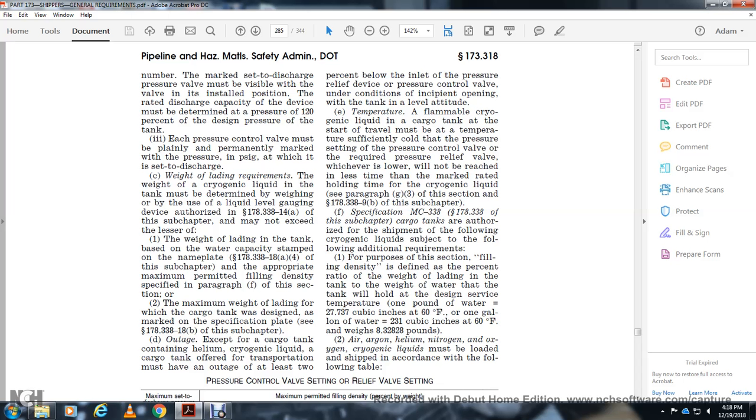of the cryogenic liquid. The paragraph G3 of section 178.338-9 with the subchapter specification MC 338 with the subject of the cargo tank is authorized shipment with the following cryogenic liquid subject to the following